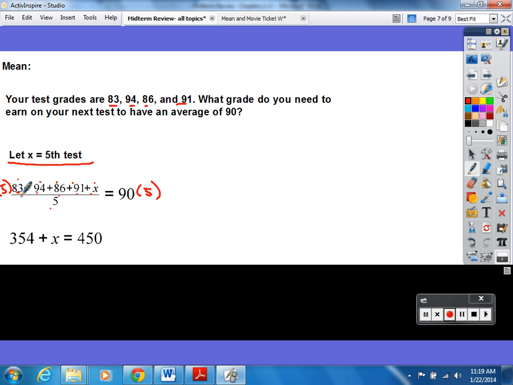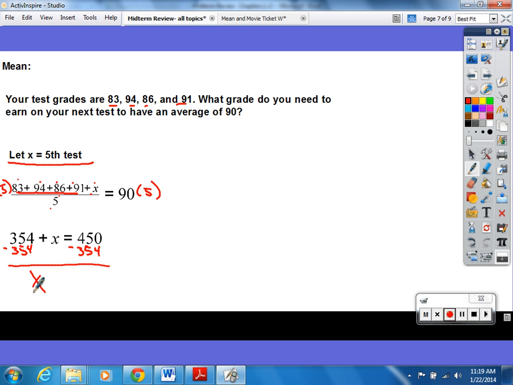When we add up all 4 of these scores, we have 354 plus x to equal 450. We're going to subtract to solve for x. And we are left with x equals 96. Pressure is on. X is equal to 96. And so you need 96%